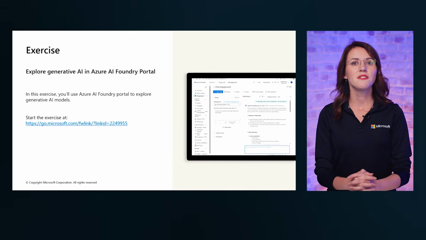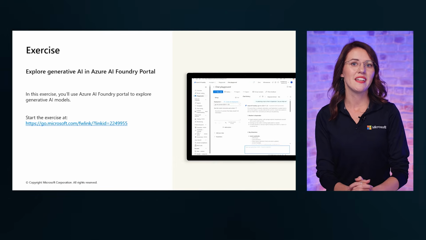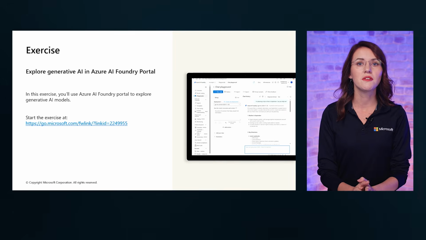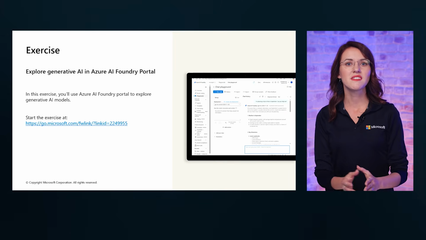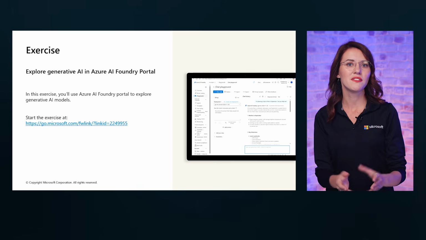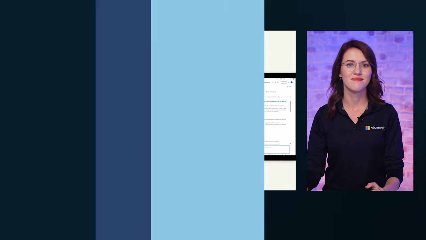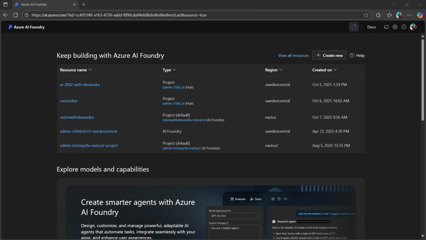Next, I will demonstrate how to create and configure an agent in Azure AI Foundry, showing you how to combine models, tools, and orchestration to deliver real business value. In this demo, we'll explore how to create a generative AI solution in the Azure AI Foundry portal. So let's first connect to Azure AI Foundry. For it, we'll use